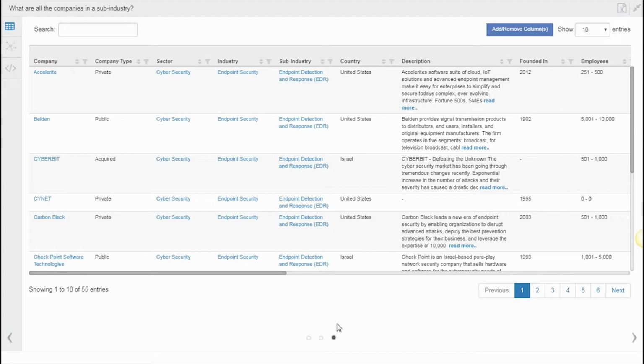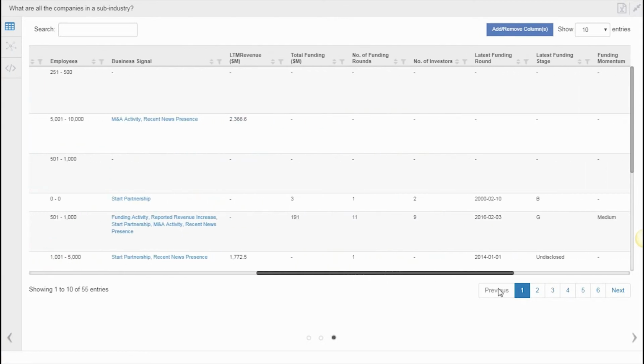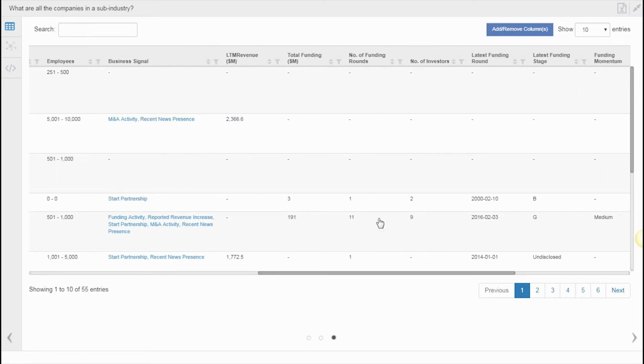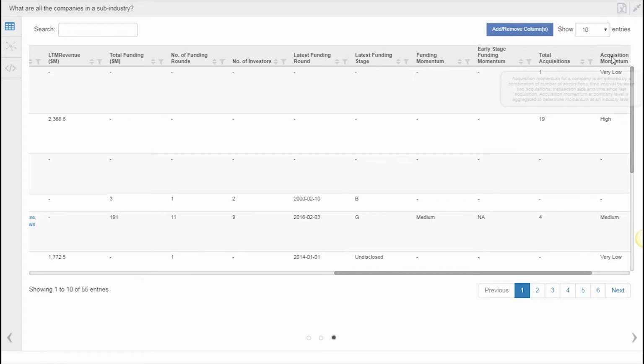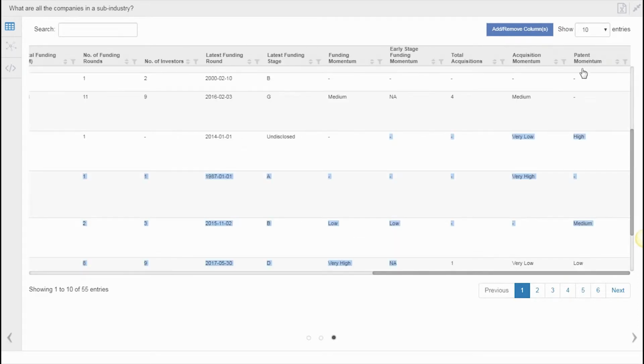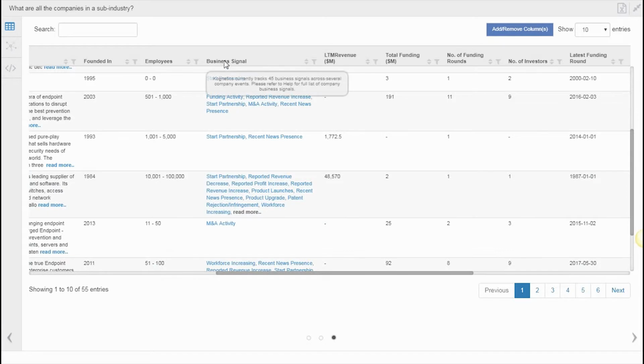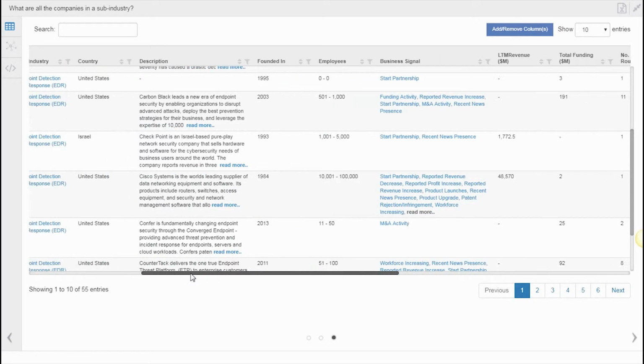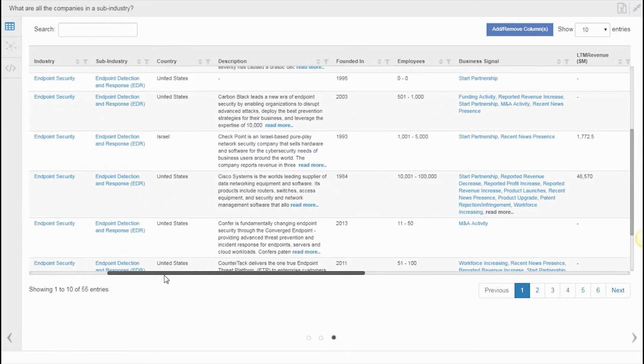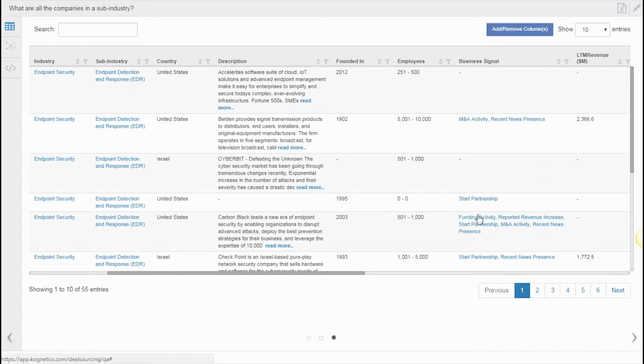However, to shortlist companies further, one can filter these companies by their funding information, funding momentum, acquisition momentum, and patent momentum, or by business signals. Kognetics ingests news from a multitude of sources, and using its natural language processing and text analytics pipelines, tracks over 45 business signals for every company. These business signals convert a host of unstructured information about a company into structured insights,